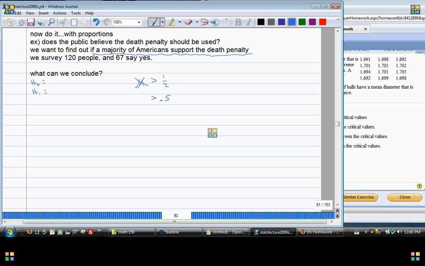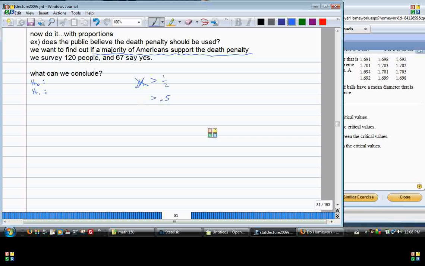Now the way we typically, in common language, we usually talk about things in terms of percentages. But in math or in stats, we talk about things in terms of proportions. So for example, when we say greater than 0.5, as a percentage, what would that be? What is 0.5 as a percent? It's greater than 50%. So what we're used to thinking of this is more than 50%, but in math we're going to write down greater than 0.5, and this is a proportion. Now, what's the notation for proportion?